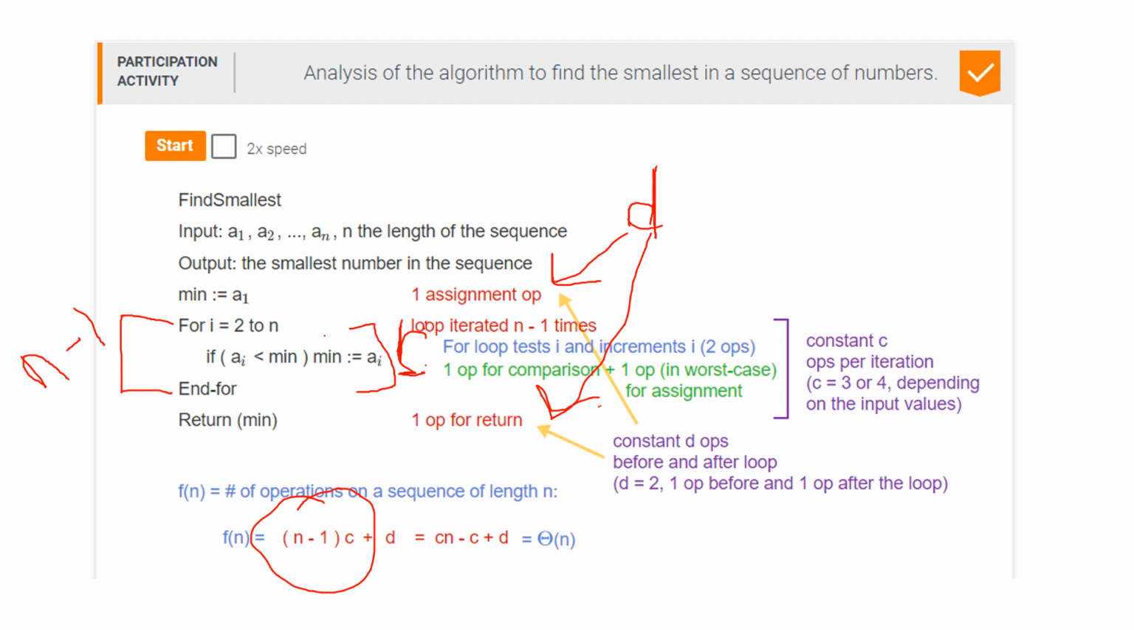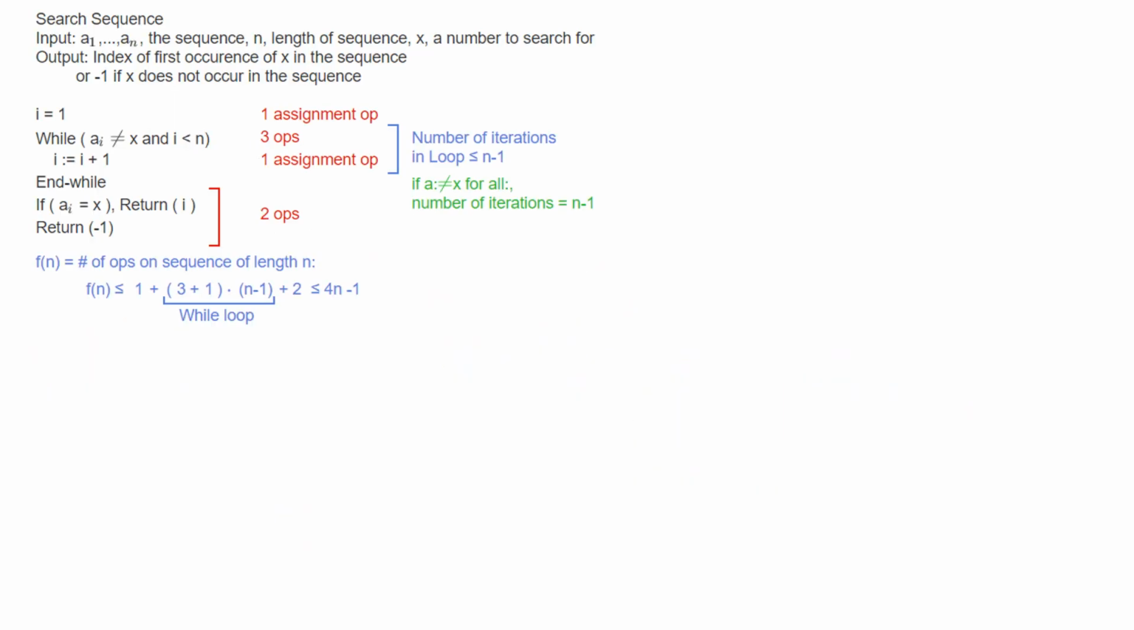Okay, so anyway, that hopefully convinces you we don't need to always be so careful in adding up. Is that a 1 or a 2? We'll just say it's some constant, and that's all we care about. Here's another example, and